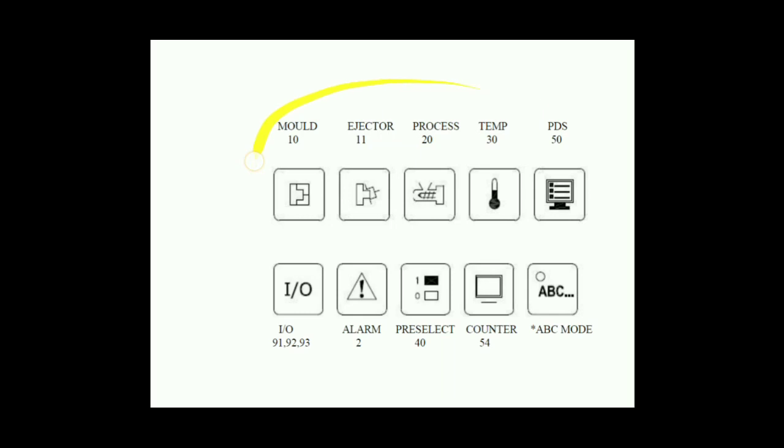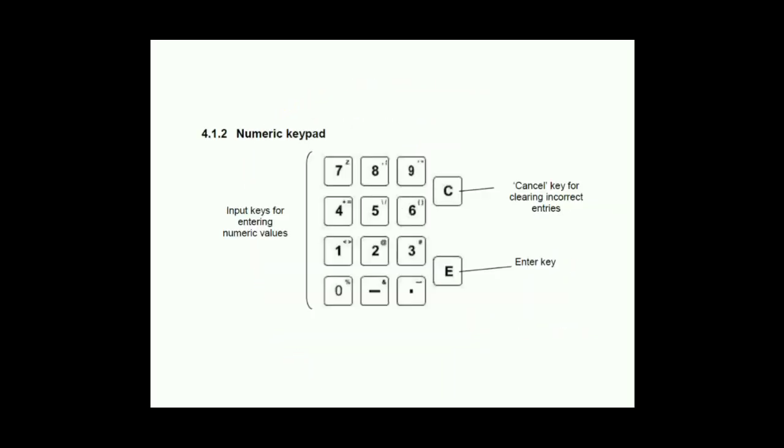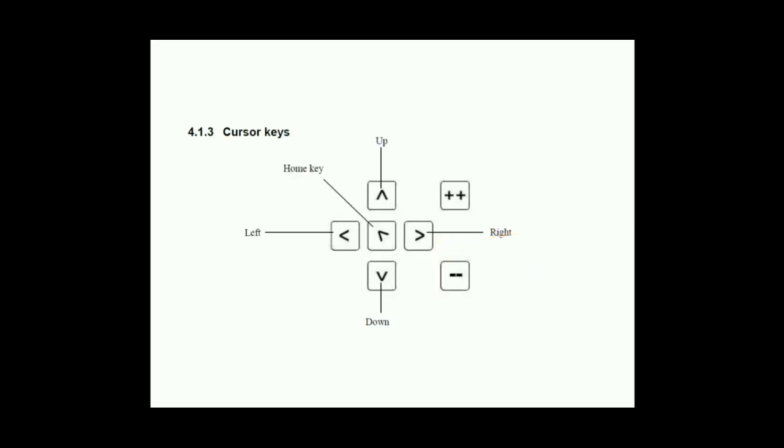So guys, moving to the next page. This page, as you know, is the user interface page. Now moving to the next page, you can see that this is the alphanumeric keypad. 0 to 9 numbers are there for your numeric keypad, and there are options like C for cancel. If you have entered any incorrect entries, then you can cancel from here. E is for the enter key. If you have entered something and now you want to select it, you have to press this enter key. So this is the basic numeric keypad.